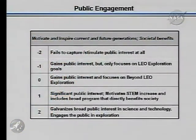Thank you. Sure. Public engagement is next. The focus here is motivate and inspire. It might also include educate current and future generations, and also provide societal benefits, where the general public would see the benefit to society of the human spaceflight capabilities. The baseline case here says that we gain public interest and focus on beyond LEO exploration. The +2 category says you actually galvanize a broad public interest and engage the public in exploration,